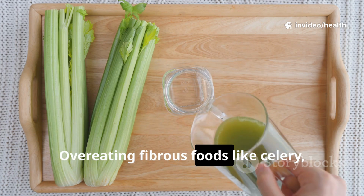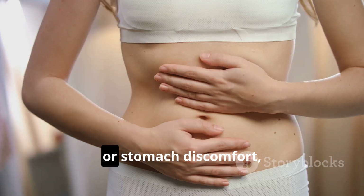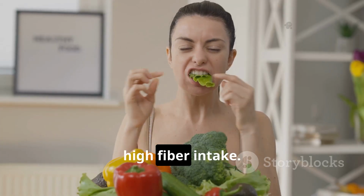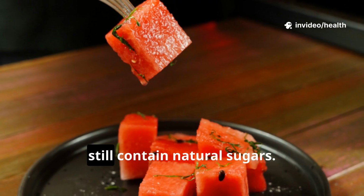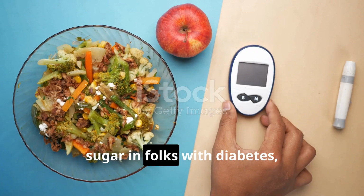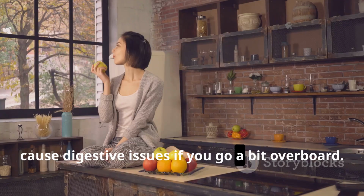Overeating fibrous foods like celery, radishes, or mushrooms may cause bloating, gas, or stomach discomfort, especially if your body isn't used to a high fiber intake. So fruits, even the low-calorie ones like strawberries and watermelon, still contain natural sugars. Eating large amounts might spike blood sugar in folks with diabetes or